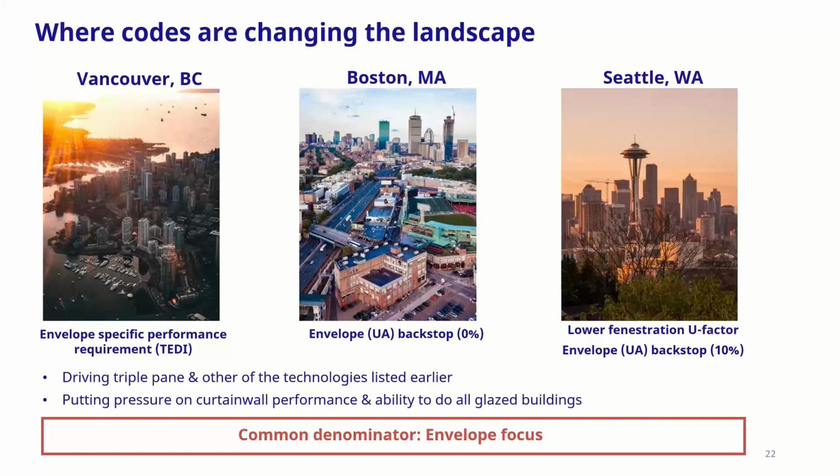So Boston and Seattle have implemented minimum envelope performance criteria in a different way. They reduce the trade-off with those internal systems when using the performance compliance path by setting a minimum area weighted U-factor, called UA, for the building envelope compared to the prescriptive building envelope requirements. So Seattle allows the UA, or the area weighted U-factor, to be 10% worse than the prescriptive performance, while in Boston, the performance must match the prescriptive envelope UA performance, which makes it pretty challenging, especially